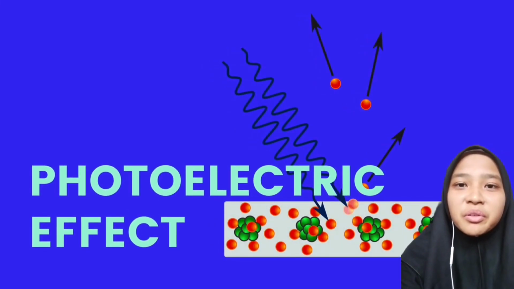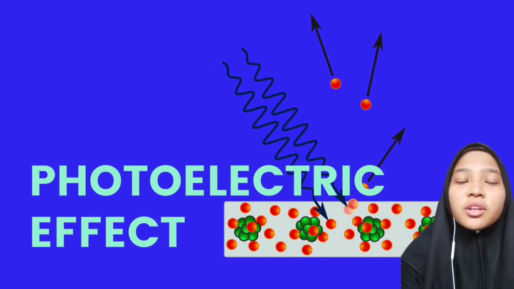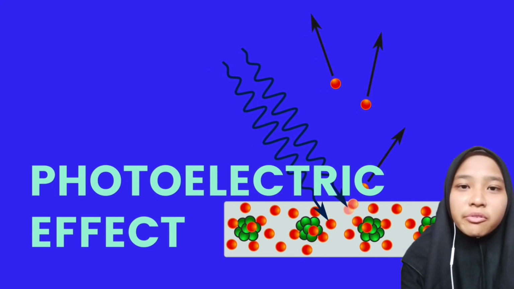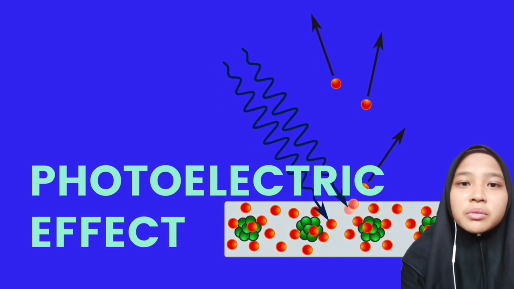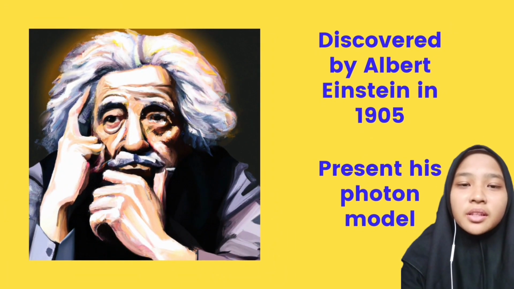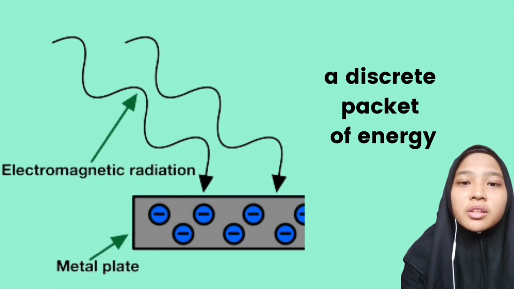Today let's explore a phenomenon of physics known as the photoelectric effect. This phenomenon consists of the understanding of light and laid the groundwork of the most fundamental concept in quantum mechanics. Discovered by Albert Einstein in 1905, Einstein proposed a groundbreaking explanation for this behavior by introducing the concept of photon, which is the particles of light. According to his theory, light is not just a continuous wave but also composed of discrete packets of energy called